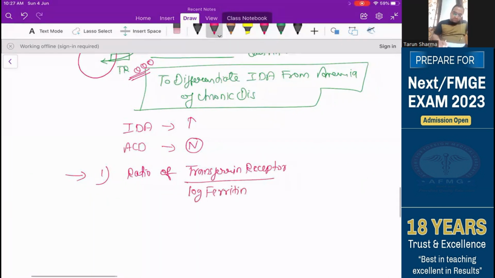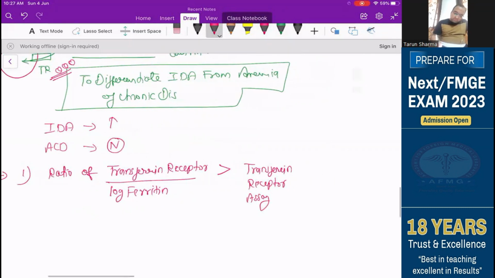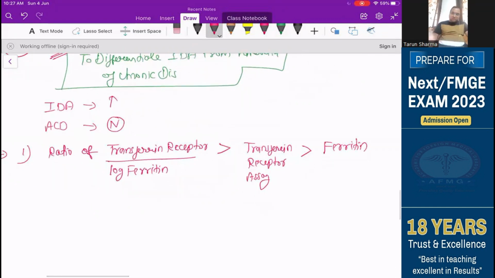This is one of the most important tests. After it comes the transferrin receptor status, the transferrin receptor assay. If it is not given in your options, then you can take the serum transferrin receptor assay. If it is not given, then you can go for ferritin values, serum ferritin. So first of all, the most important test will be the transferrin receptor to log ferritin ratio, which is very similar